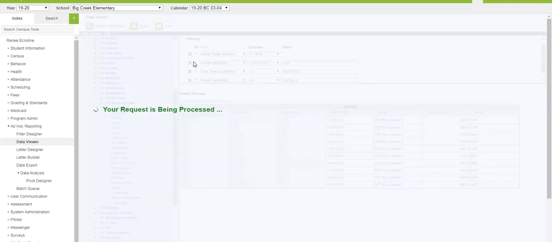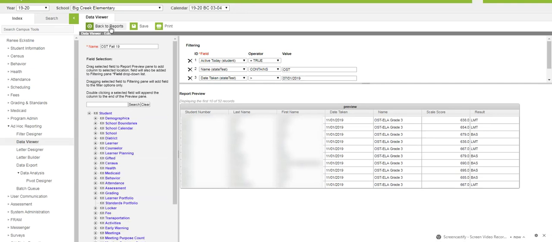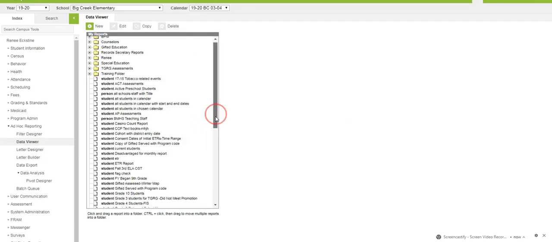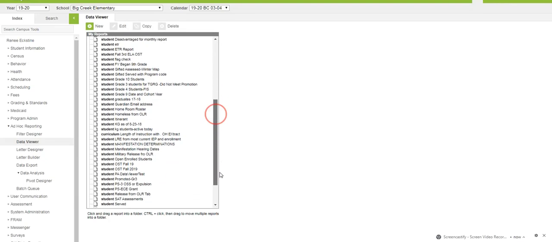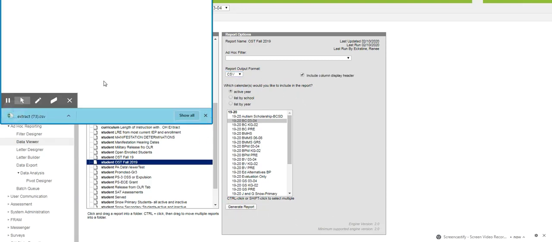And then once I save it, I can go ahead and click back to reports, find my report, and then I'm going to go down here to OST Fall 2019, and then I get to choose what kind of report I want: PDF, CSV, HTML. I'm going to go ahead and choose CSV and generate that report, and then it comes up so that you can